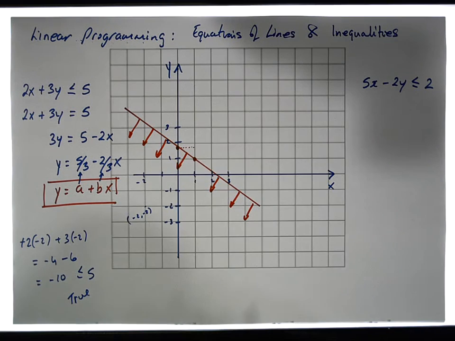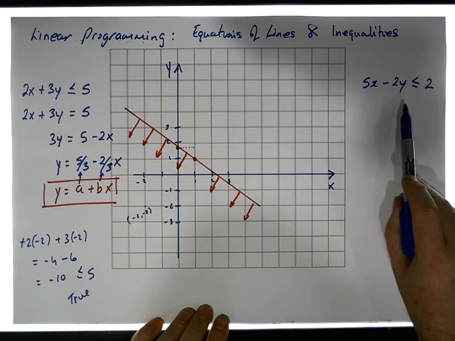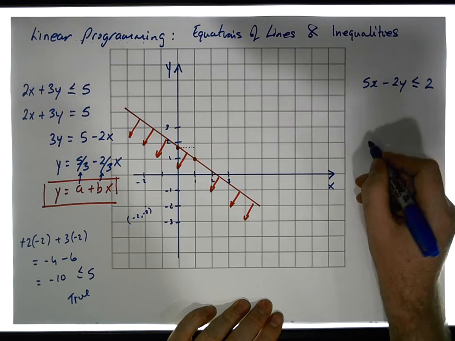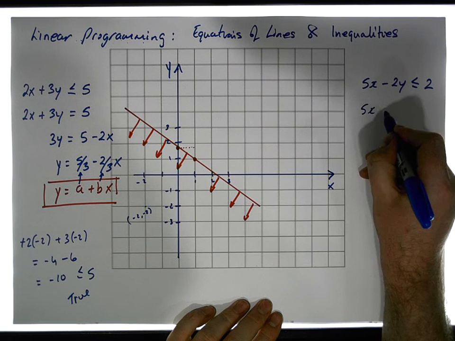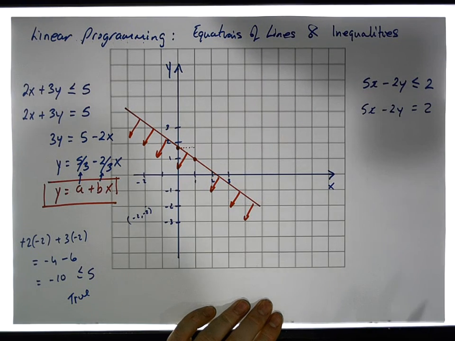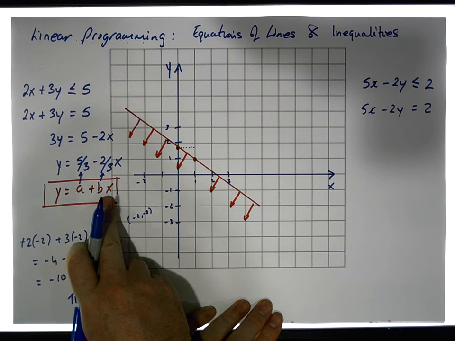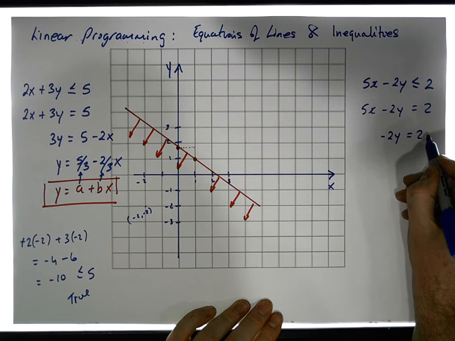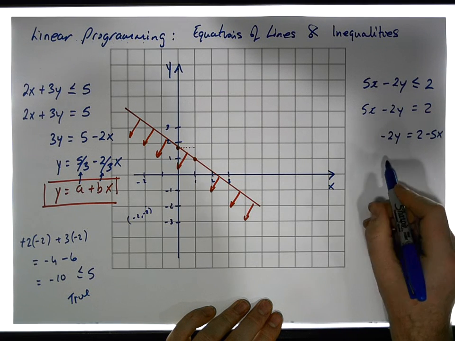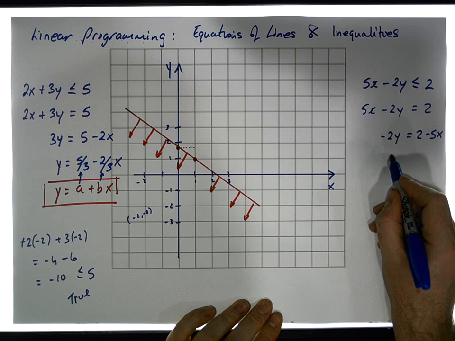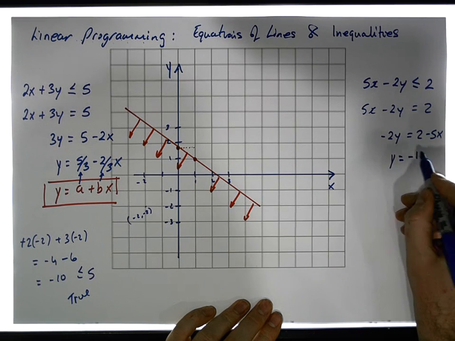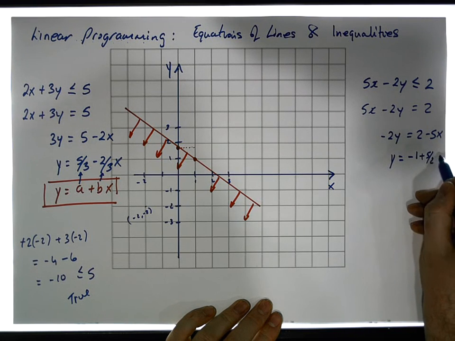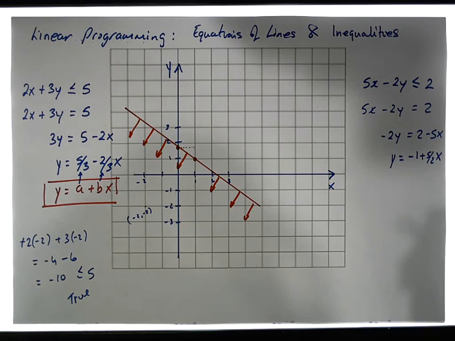Now with respect to this line, 5x minus 2y is less than or equal to 2, let's do the process again. Let's set it equal, so we have 5x minus 2y equals 2. Let's transform it into the y-intercept form, y is equal to a plus bx. So this becomes minus 2y is equal to 2 minus 5x, and dividing across by minus 2, we end up with y is equal to minus 1, because minus 2 divided into 2 gives us minus 1, and minus times minus gives us a plus 5 over 2 x. So once again, this is in the form y is equal to